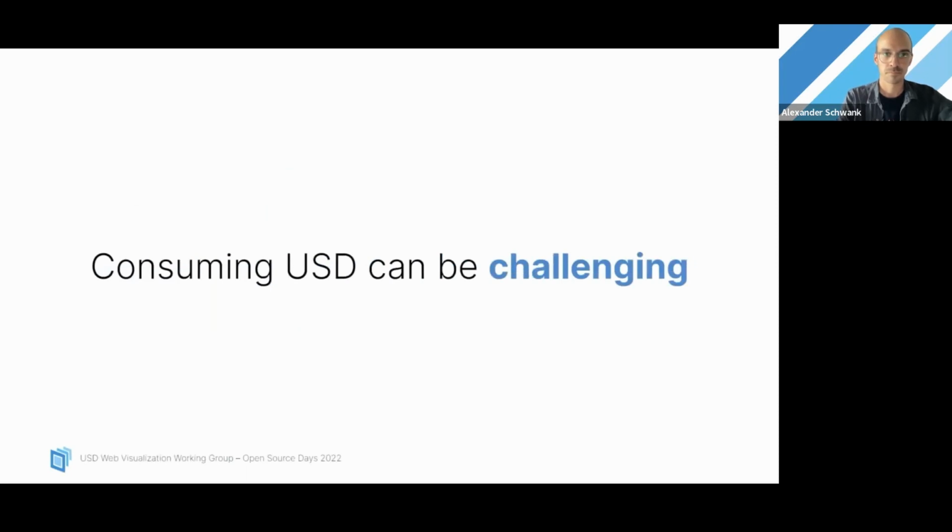So we know USD is a versatile and modern framework, which lends itself to a wide range of use cases, like the ones you just saw highlighted in previous working groups. These rich capabilities can unfortunately be daunting for the uninitiated or make the barrier to entry a bit high for communities not generally familiar with 3D content. This is understandable given USD's history, but can also make the consumption and distribution of content more challenging for the